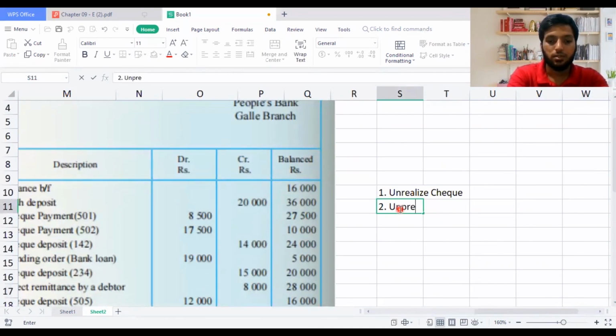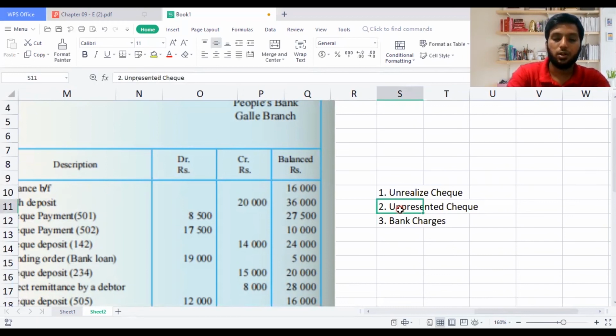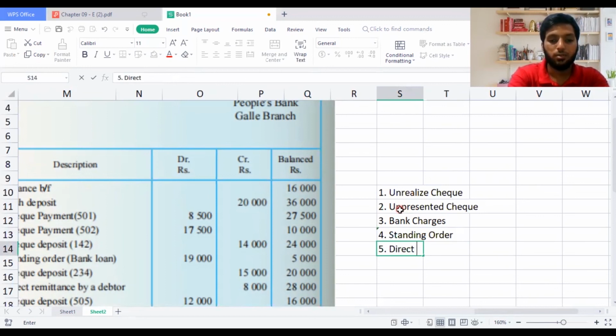Then the third one was due to bank charges. Then standing order. Finally, direct remittance. So answer number 1 I have given you.